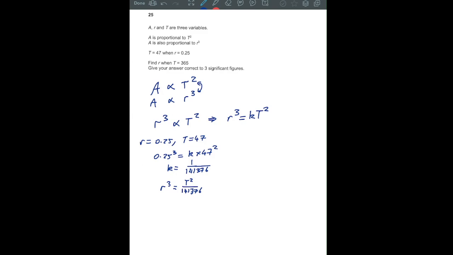So now I actually want to solve for R when T is a different value. So when T is 365, R cubed is equal to, well, now T is 365, that's 365 squared over horrible nonsense. Let's hope this simplifies at least relatively nicely. And it doesn't even come close. The calculator can't give that to me as a nice number. So that's 0.942... I don't want R cubed, I want R, so I'm going to cube root that. Remember, shift and the square root button. Shift square root of the answer I've typed in. And that gives